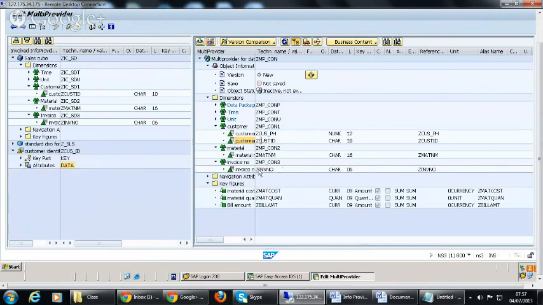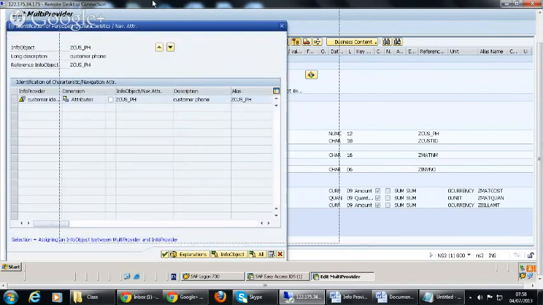First of all, you have to create dimensions, and you have to give characteristics in the dimensions and key figures in the key figure part, and then you have to do the identification. Here you can see the symbol, identify characteristics, and besides that there is another symbol, select key figures. So you have to do identification when you add the characteristics and key figures to the multi-provider.